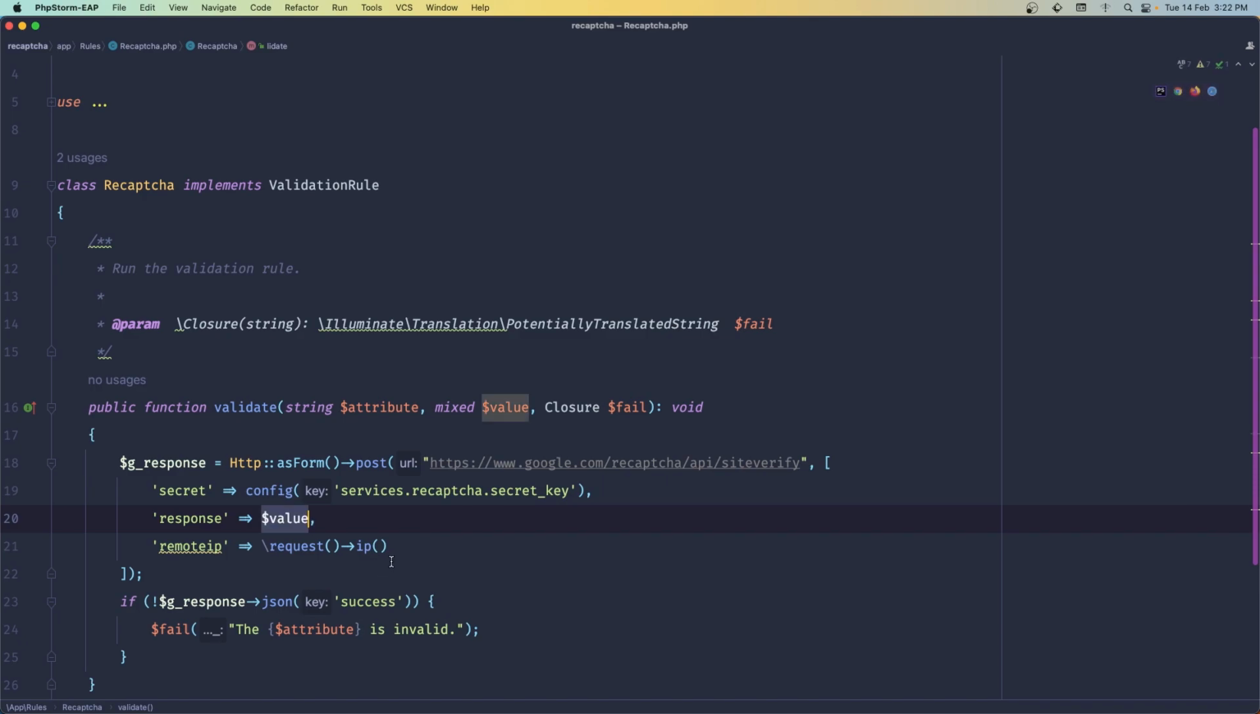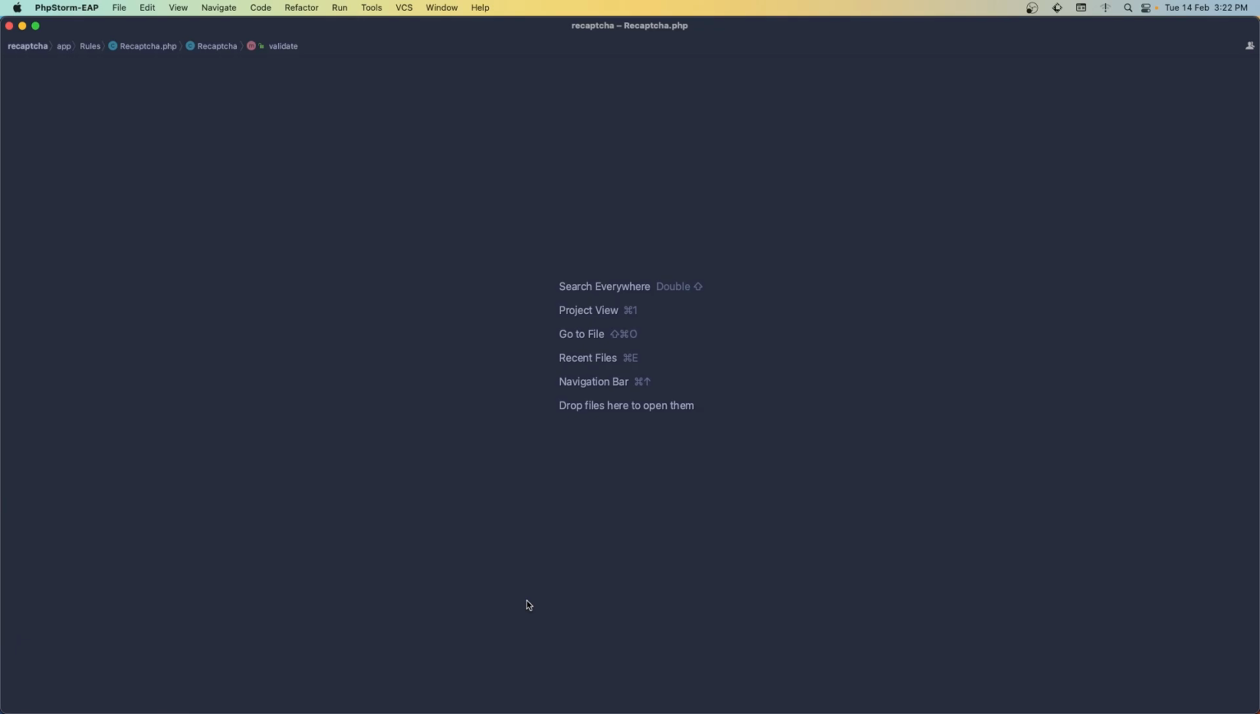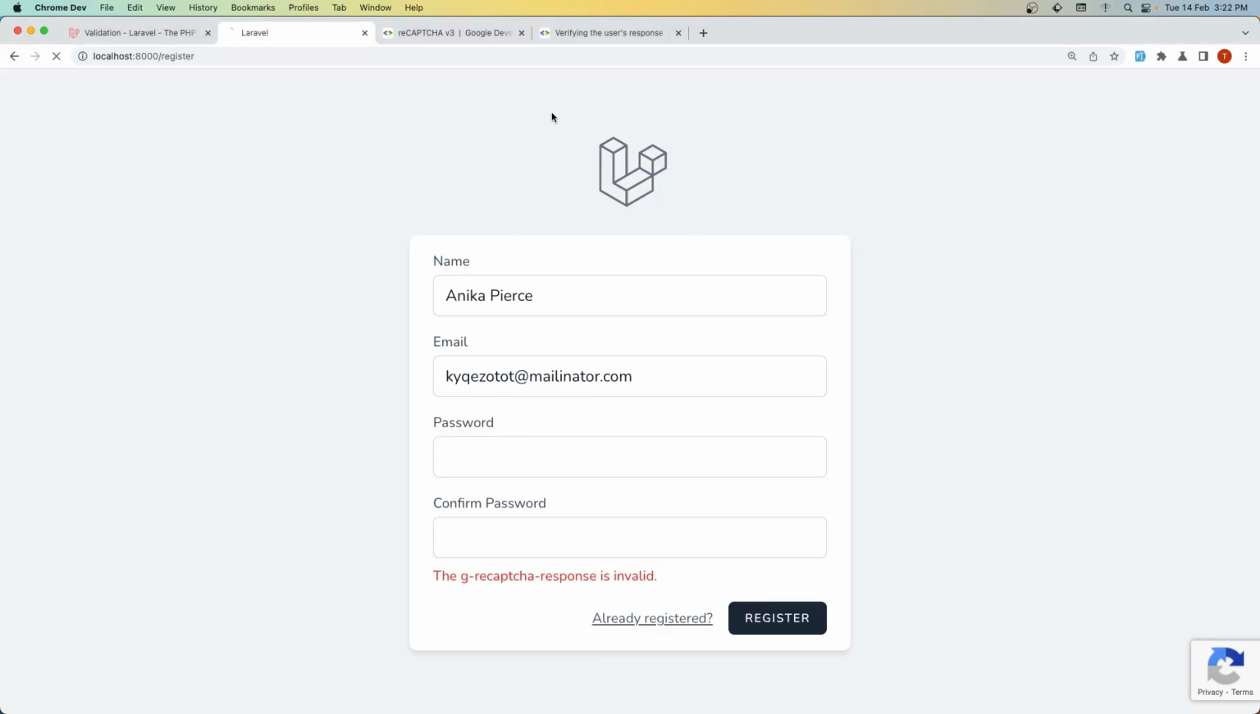Okay friends, that's how we can add the Google Recaptcha on the Laravel project. You can change the message here to what you like, but I'm going to leave it as it is